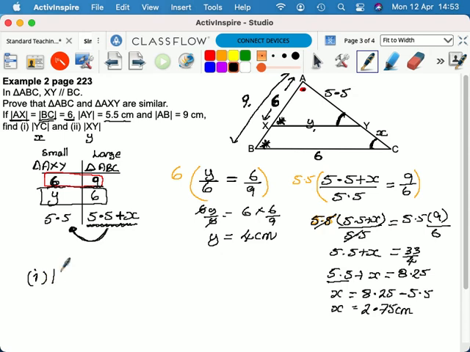So they asked you to work out YC. YC we called x, and x is 2.75 centimetres. And then for part 2, they asked you to work out XY. XY was labelled y, which we calculated to be equal to 4 centimetres. And that is the end of the